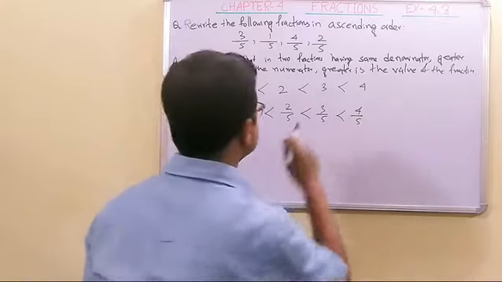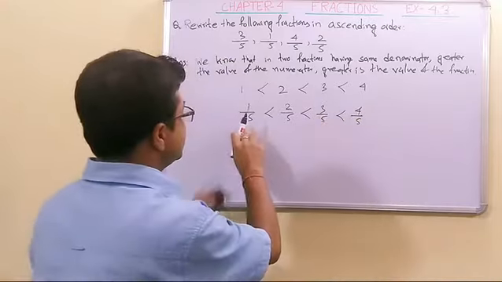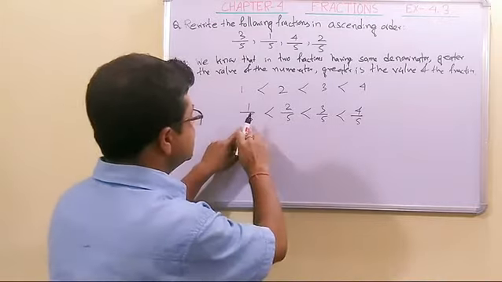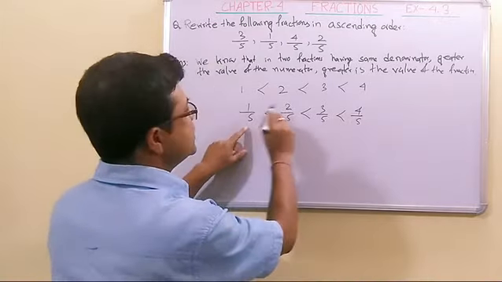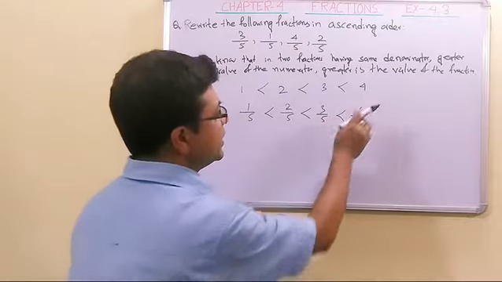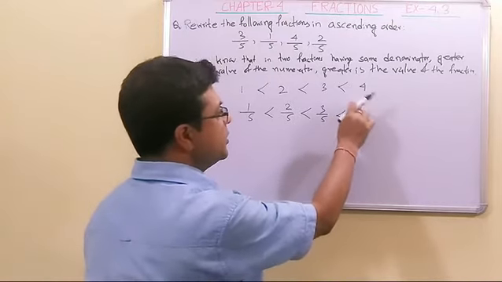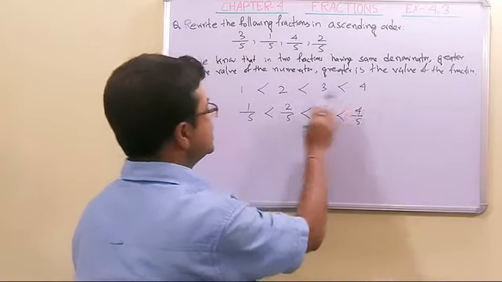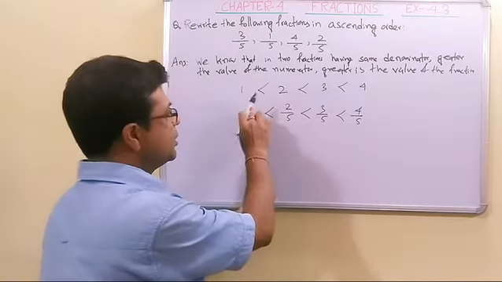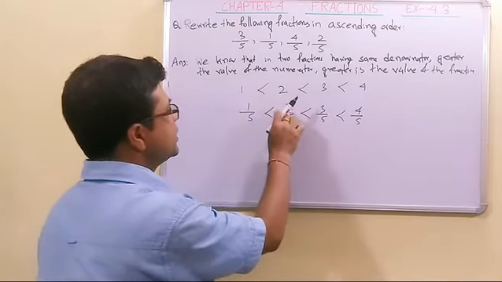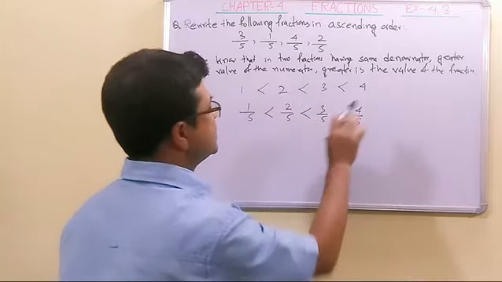Okay, with this concept we have done. Here, these are all fractions with the same denominators, so we shall see the numerator. Greater is the value of the numerator, greater is the value. This is the greatest. So the smallest one is this one, 1 is smaller than 2. So this fraction is smaller than this 2 by 5, and like this all.